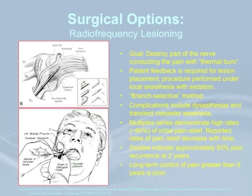Results from multiple large series of radiofrequency lesioning demonstrate high rates of initial pain relief. Complications, however, include dysesthesia and masseter weakness. Minor dysesthetic complications range from 12 to 19%, while major dysesthesia, including anesthesia dolorosa, occur in 0 to 4% of patients in this report. Further details about radiofrequency lesioning are provided in a comprehensive review by